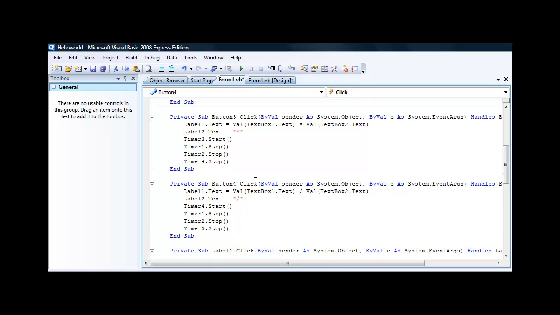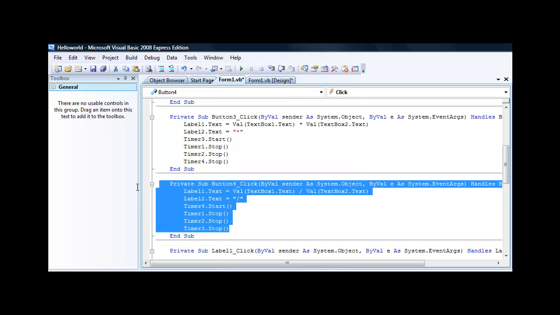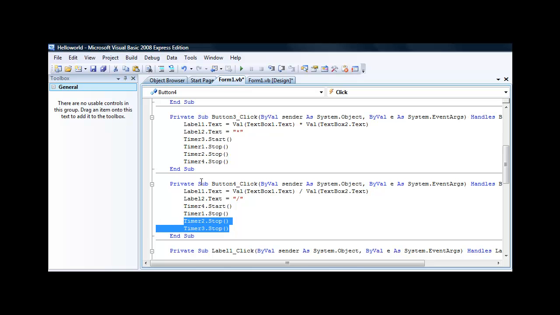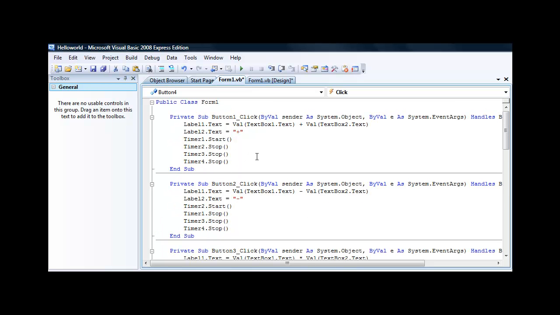Okay, I've done all of these, Timer1 to Timer3.Stop. So in the next tutorial we can continue with these. So I see you in part 2 of this stupid calculator. No, I'm kidding, but I see you in part 2. Have a nice